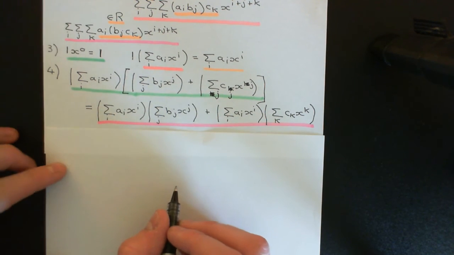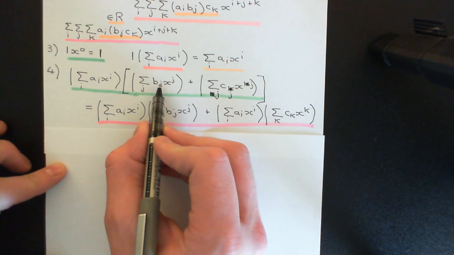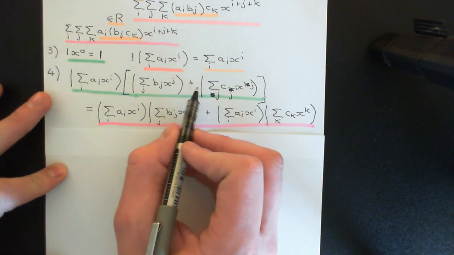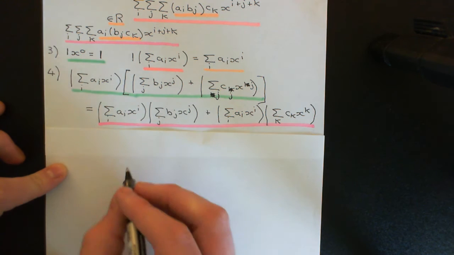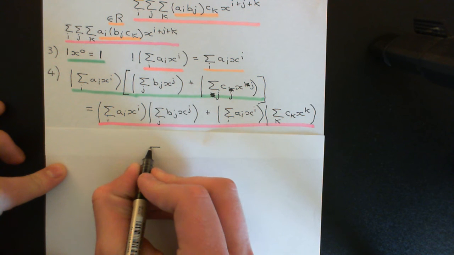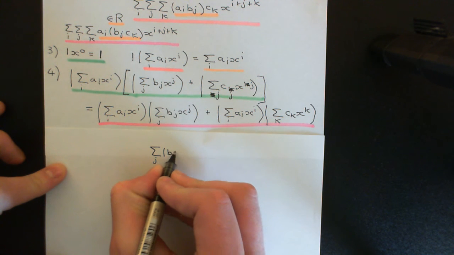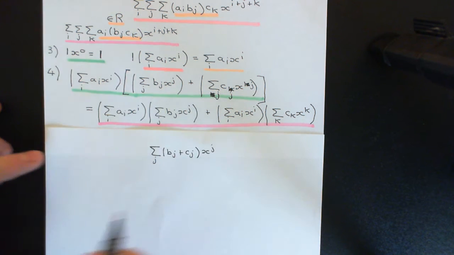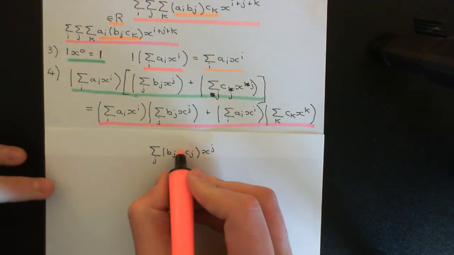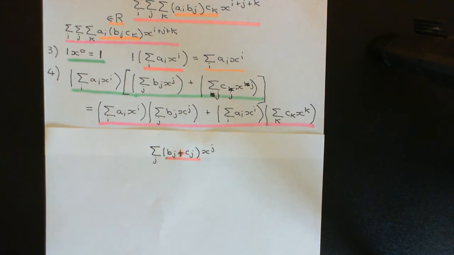Okay, so when I add those two together, all I'm going to do then is add the coefficients in front of all of the monomials in my original ring, capital R. So what I'll end up with then is something of this form: the sum over j of bj plus cj times x to the j. Okay, so I'll remind you that that addition there is addition in our ring, capital R, the original commutative ring